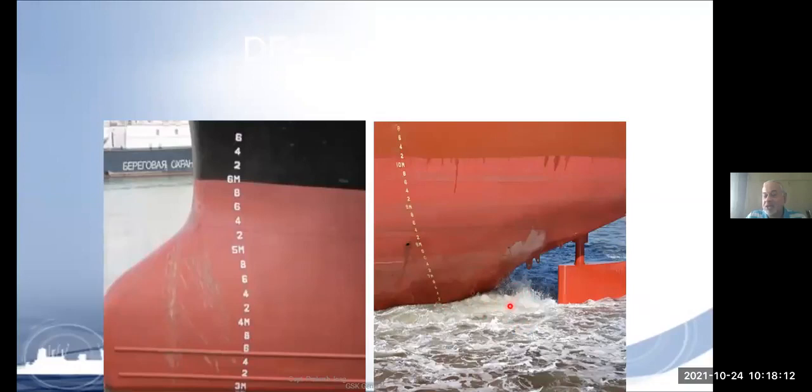You can see here the propeller churning the water. This is the rudder or steering. And this is also marked on port and starboard. So forward 2 places, midship 2 places, and after part of the ship 2 places, total 6 places the draft is marked on the ship's hull, which can be read. With practice you can read it better, and with education you can read it and become an expert.